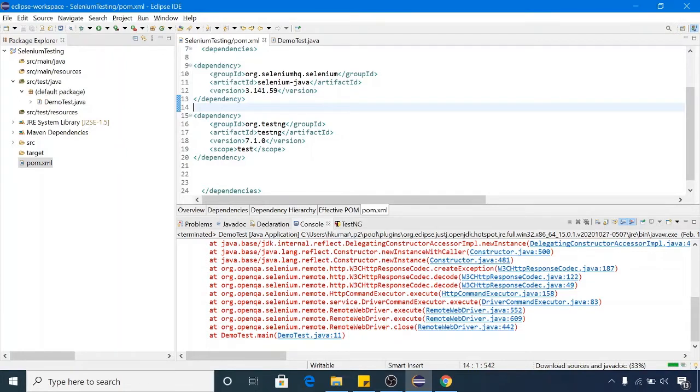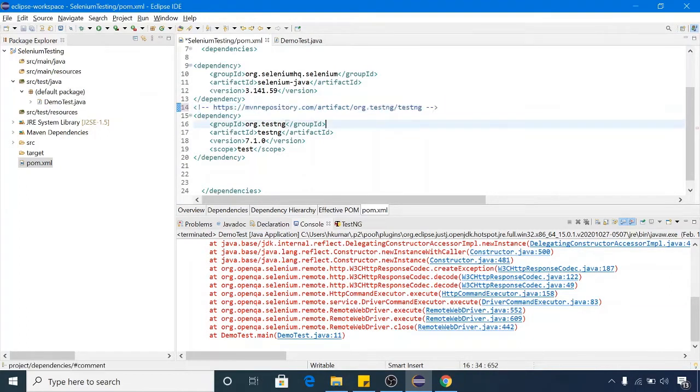You can have comment lines, but you can remove unnecessary lines. If you want to keep this line, you can keep it, no problem, because this is a comment line and it is ignored by Maven when you build the pom.xml file.